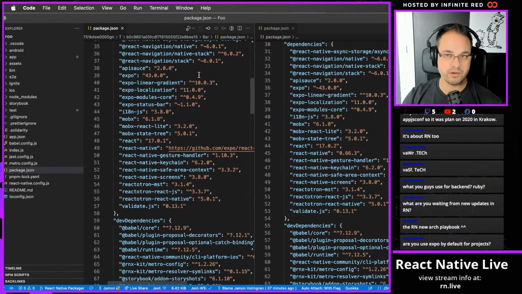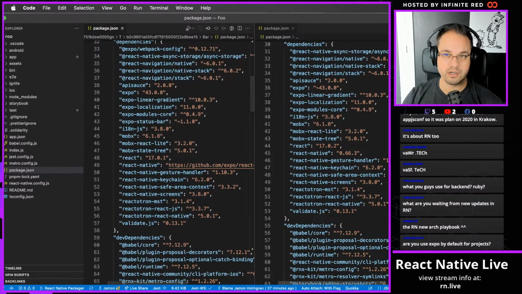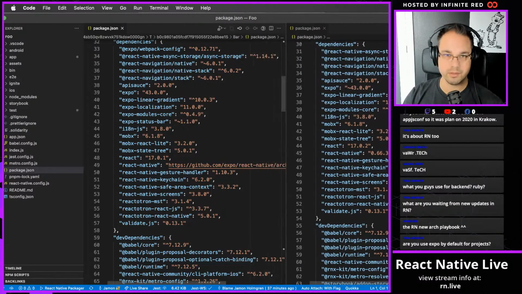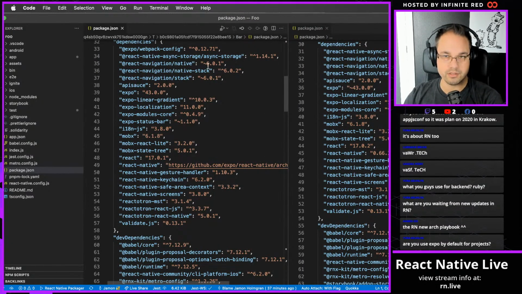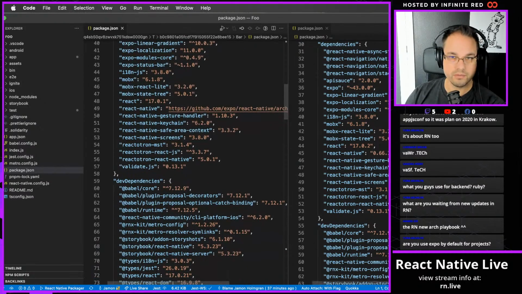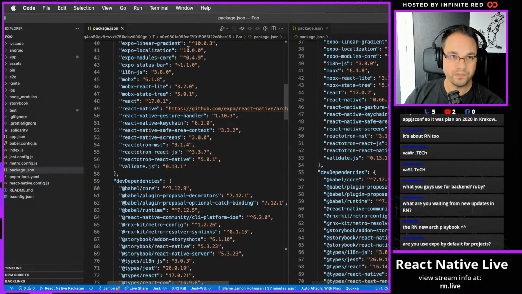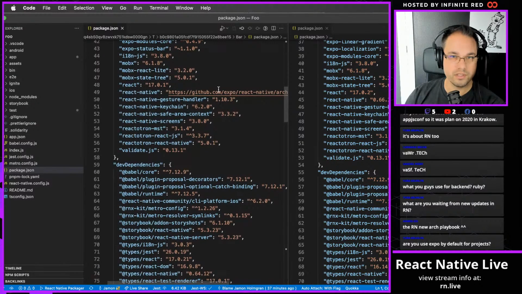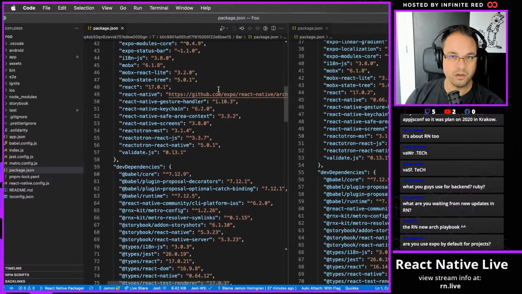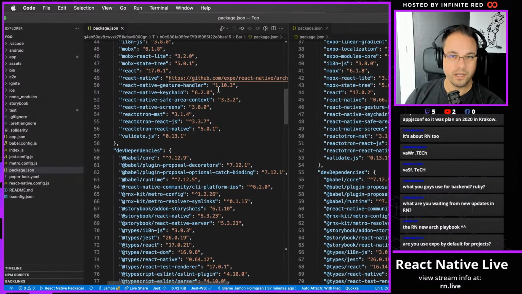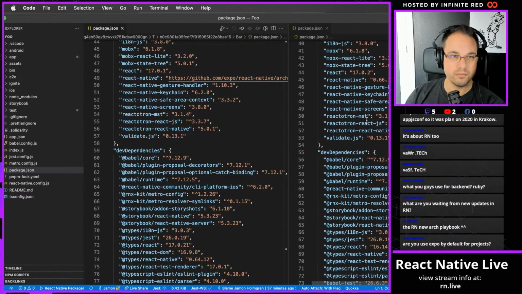Async storage. All right. And what versions of these are there? I'm going to have to pull it wider. You're probably not going to be able to see this, but 1.14. Okay. 6.01, 6.02, 6.01, 2.0, 43. Expo is in both of these. Expo linear gradient, localization, core. Okay. Status bar. Okay. 3.8, MobX,